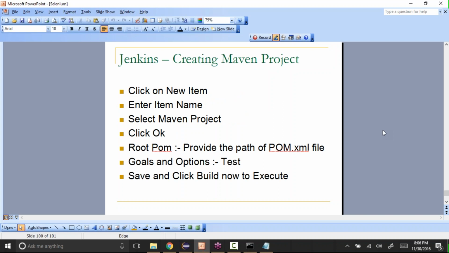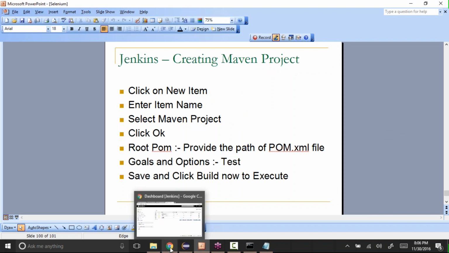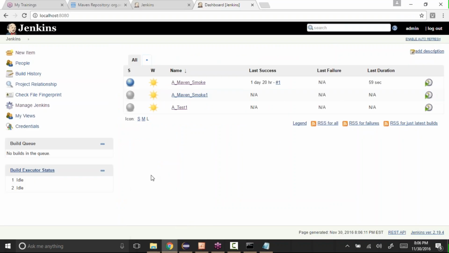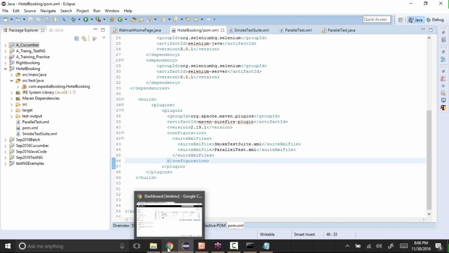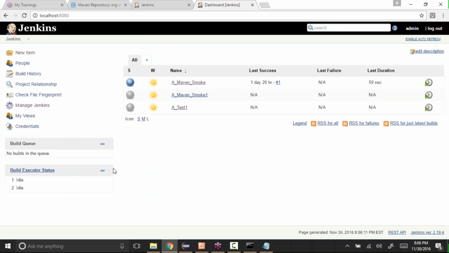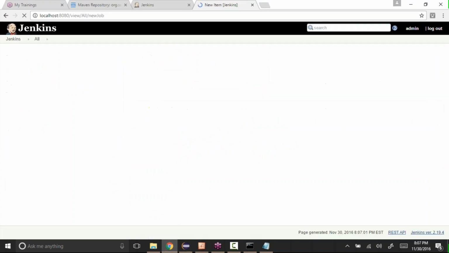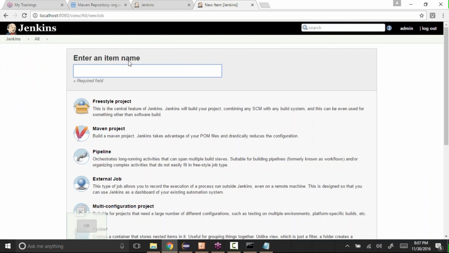Finally we need to create a project. Even in Jenkins we need to create a project because we want to execute whatever test we created. We don't want to execute it from here. From Maven we can also execute it; we can come to our path and execute it from Maven. How to do that: first click on this new item, and give a name to it.